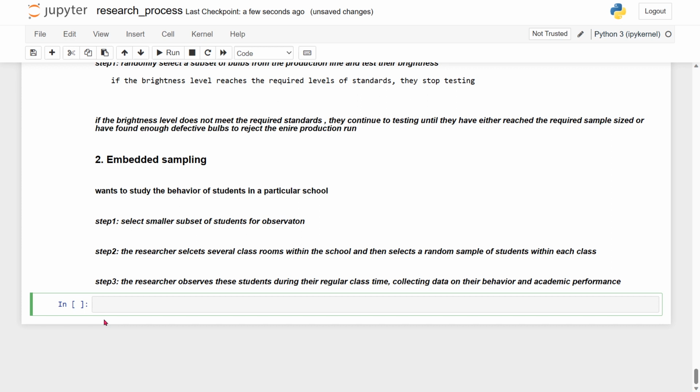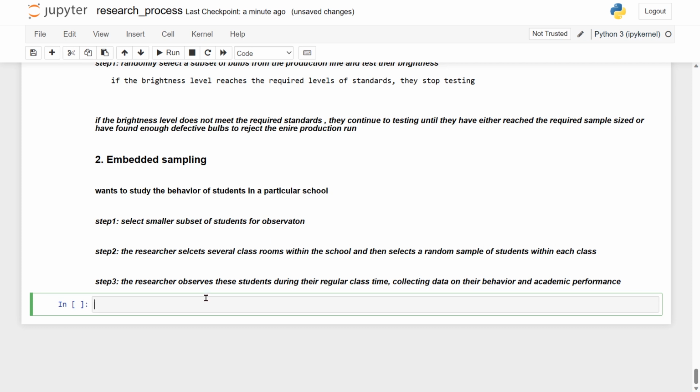So that's what embedded sampling is. This sampling technique is useful when the researcher is interested in studying behavior within a specific context or environment. By using embedded sampling, the researcher can select a smaller subset of the population and focus on specific behaviors or interactions that are relevant to the research question. However, it is important to be aware of potential biases introduced by the sampling method, such as the potential for non-representative sampling within the specific